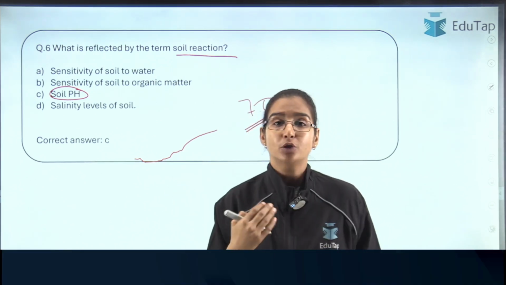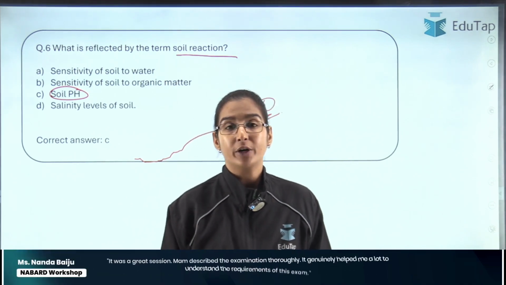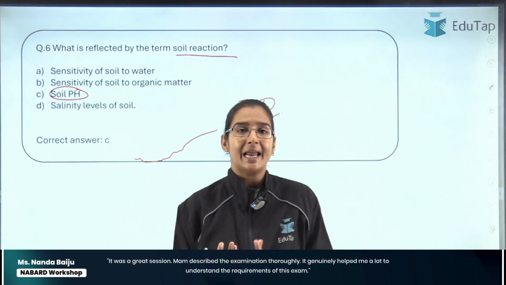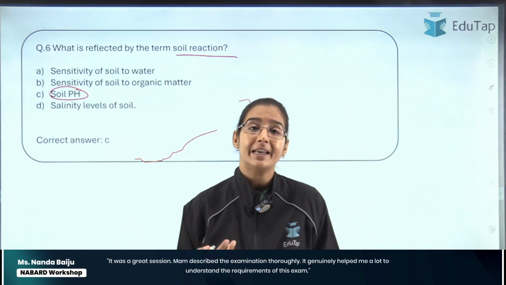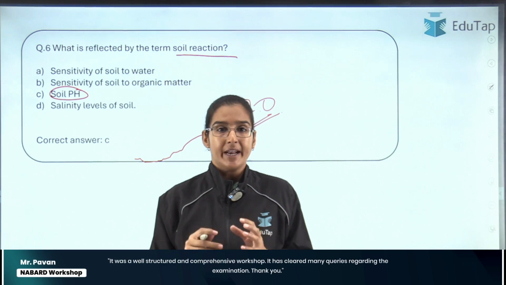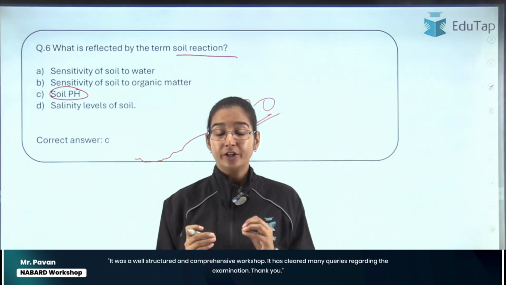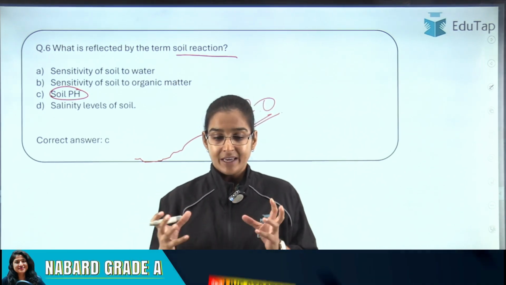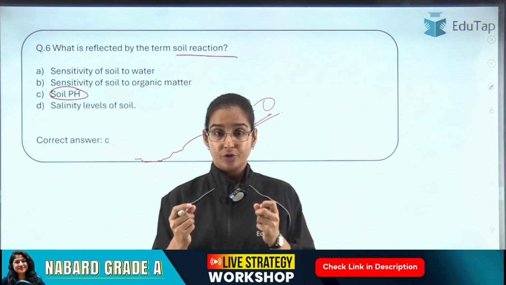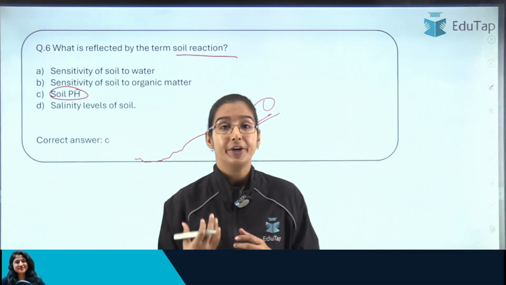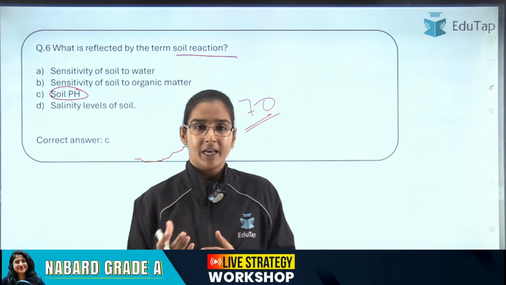Now why is this soil pH important? Why is it important for our soils to be neutral? What is the problem if the soils are slightly acidic or the soils are slightly alkaline? What is the issue? Let me tell you. See, there are nutrients in the soil. If the soils are more acidic or if they are more alkaline, then the uptake of the nutrients and the availability of the nutrients for the plant's uptake is reduced, right? How is it reduced? Let me again tell you.